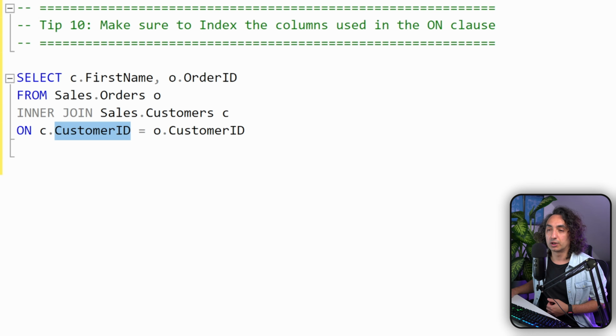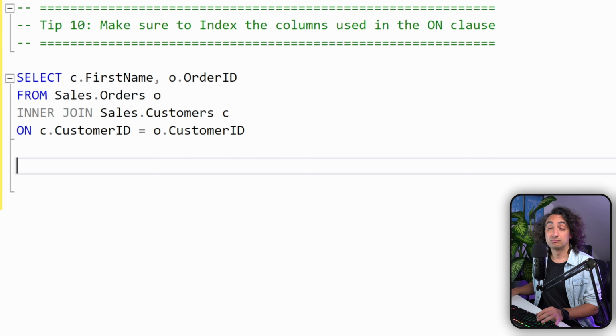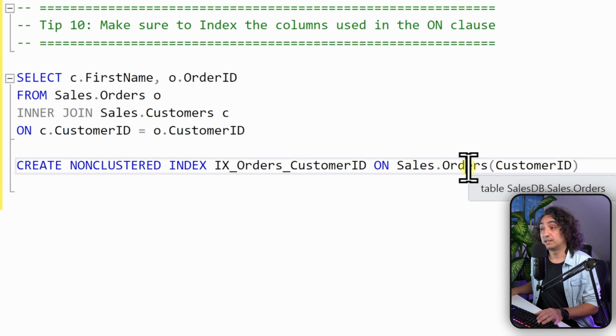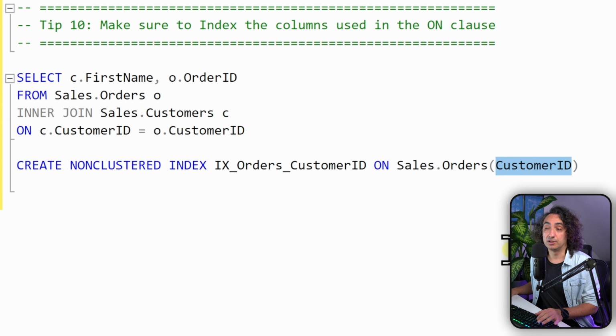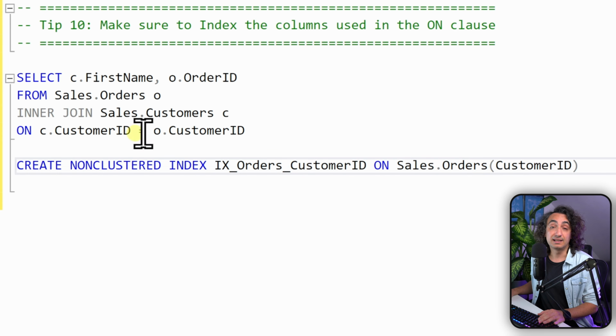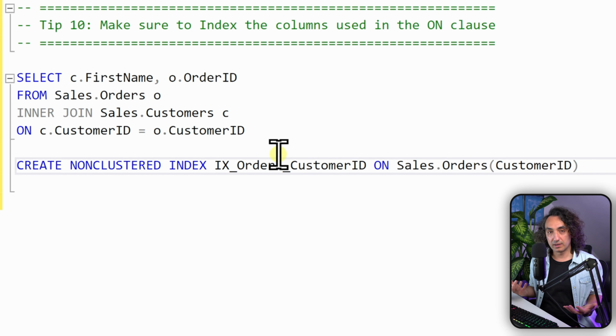So now if you go to the customers over here and then to the indexes, we can see that we have an index, a clustered index for the customer ID. But if you check the customer ID in the orders, we don't have an index for that. So this one doesn't have an index. In order to fix that, we're going to go and create a non-clustered index on the table orders for the customer ID, since it is a foreign key. So once we do that, we now have an index for both of those columns, and with that,